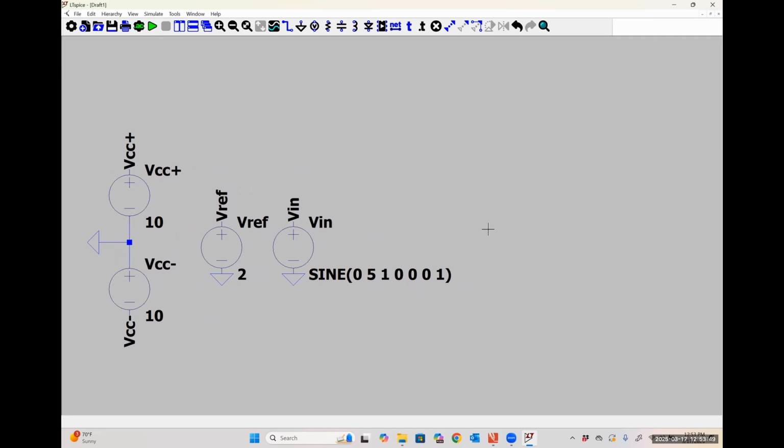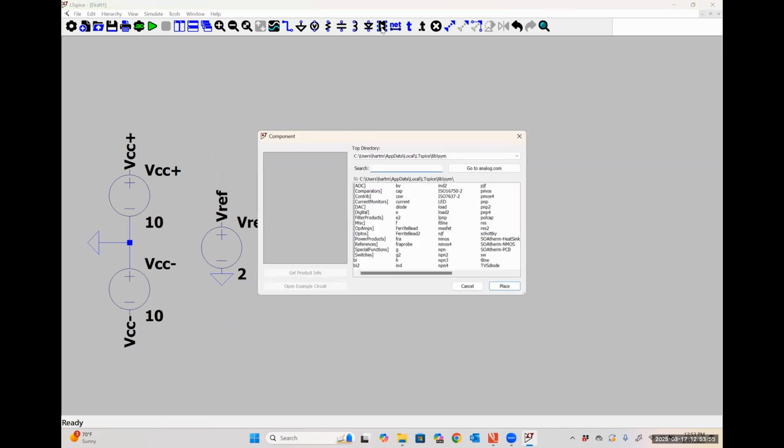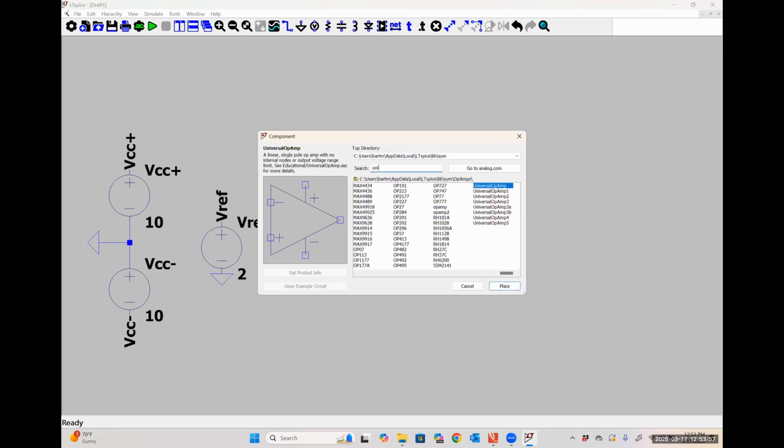Now I'm going to set up the op amp itself. So I'm going to go into my component thing, and I'm going to type in UNI. So we can see over here that there are several different universal op amps. These are all different than each other in slight ways. I usually use universal op amp 2